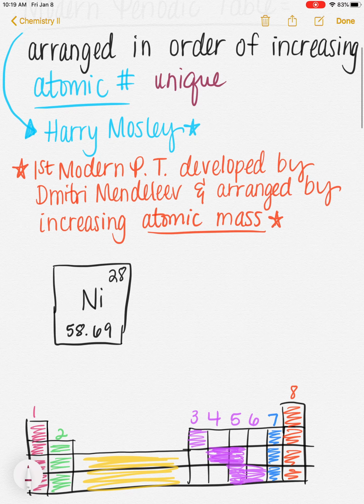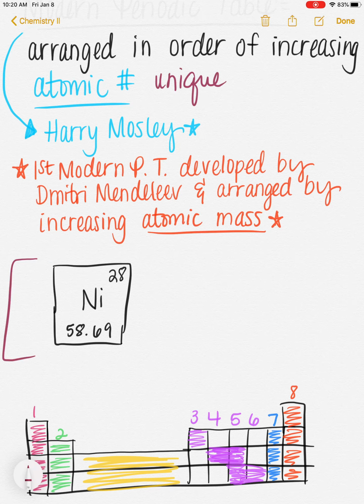All right, so let's take a look at a block that you might see on the periodic table. So I have drawn in a block for nickel. Things that you will commonly find on each block of the periodic table: you're going to find in the center, usually, the chemical symbol. Please keep in mind that when you write chemical symbols, they're either one-letter or two-letter symbols. If it's a one-letter symbol, it's a capital letter first. If it's a two-letter symbol, then it's a capital letter followed by a lowercase letter. As you type in answers or handwrite answers, please be very cognizant of that and write neatly so that I